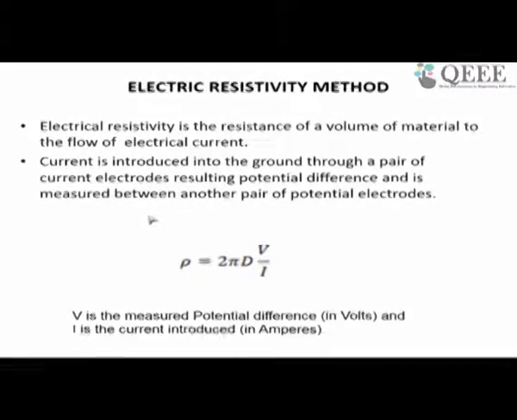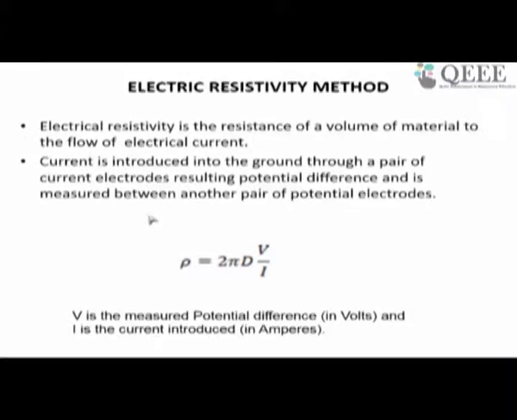Now, in this technique, basically we use some electrodes. Two electrodes for passing electrical current, and another two to measure the potential difference. As you know, if there is some resistivity in the material, it will generate some kind of potential. That potential difference is measured with the potential electrodes. For example, in case of a tube light, to increase the potential you use some choke. Similarly here, if the ground has some resistivity, obviously some potential will be developed which will be recorded.